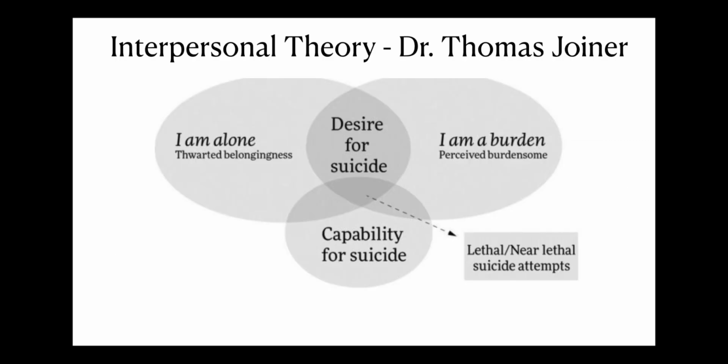But then, the suicidal ideation and actual attempts isn't just a one event and done situation. There's this interpersonal theory that was done by Dr. Thomas Joiner. We'll talk about this a little bit more in the next slide too. But it's composed of 5 major things that have to coincide simultaneously in order for a person to act on their suicidal ideation. They have to have this feeling of isolation and aloneness. They do pull away from everybody because they feel like they're a burden.